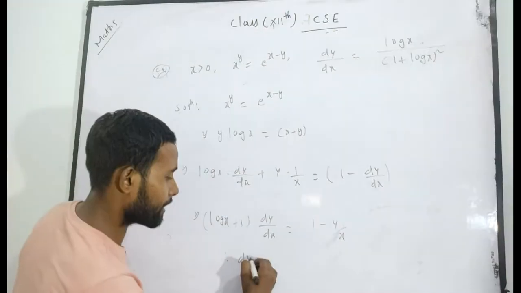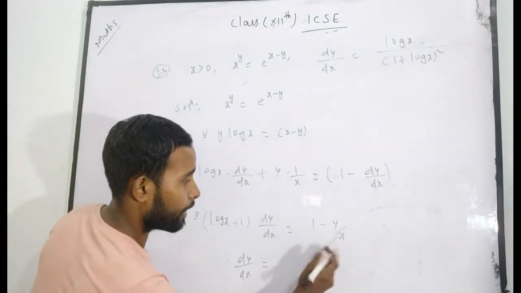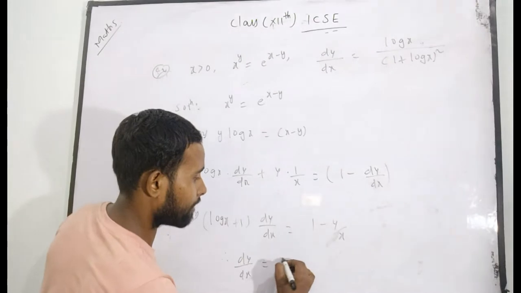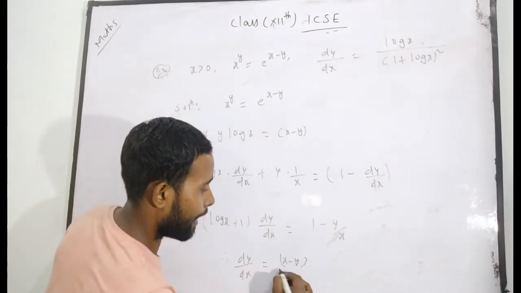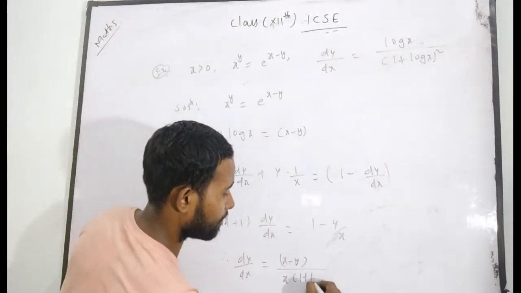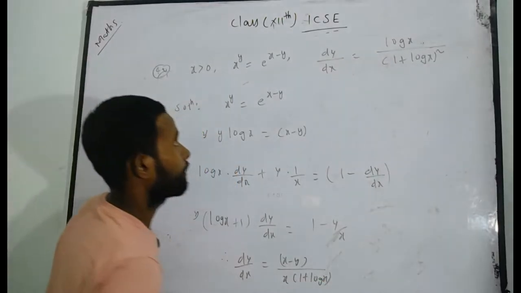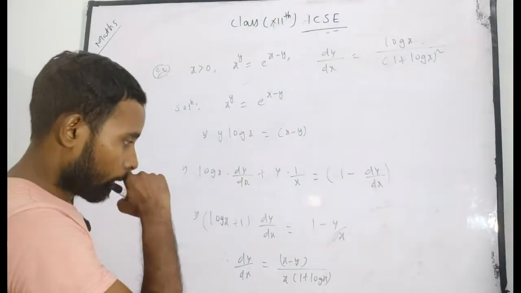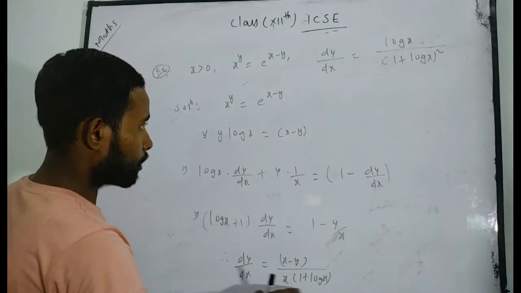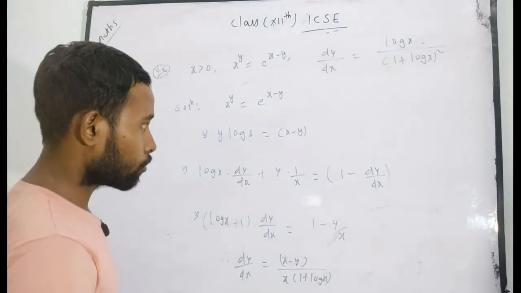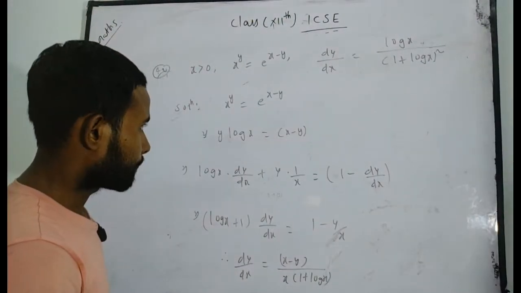So from it you will get dy/dx is equal to, if you take its LCM, (x minus y) by x into (1 plus log x). Have you understood? Now, (x minus y) divided by x into (1 plus log x). Have you understood? Now, here,